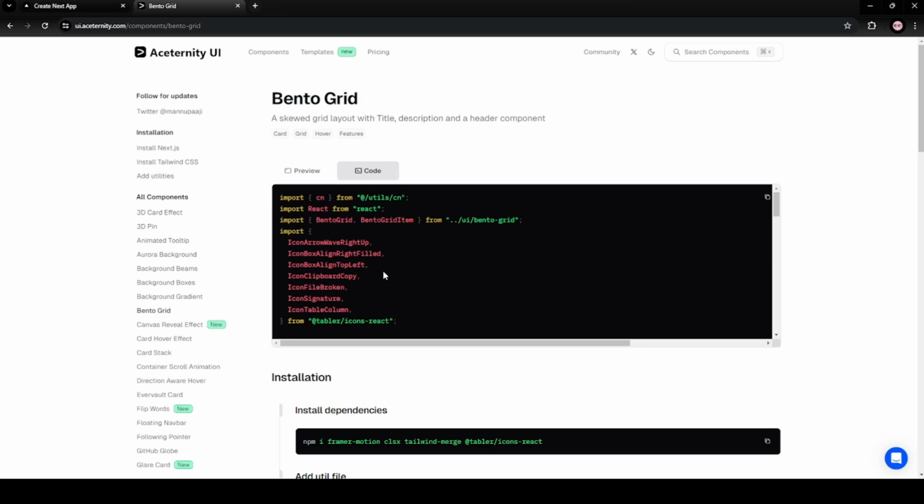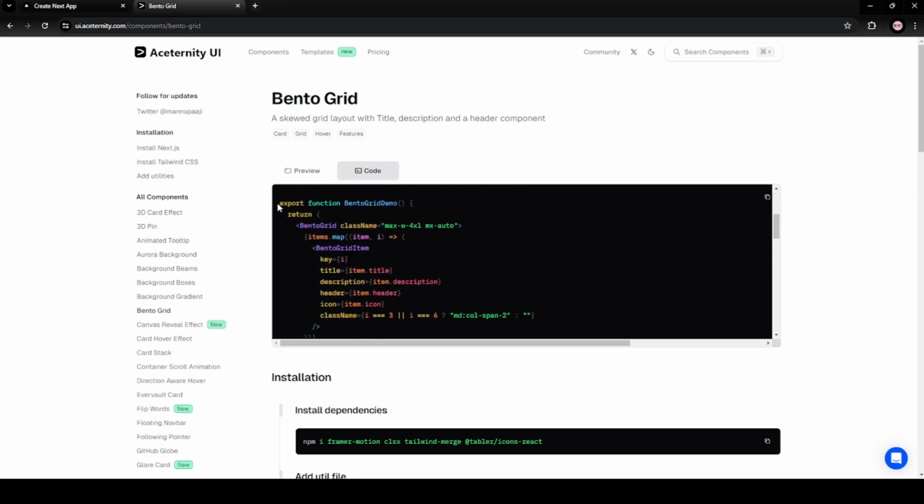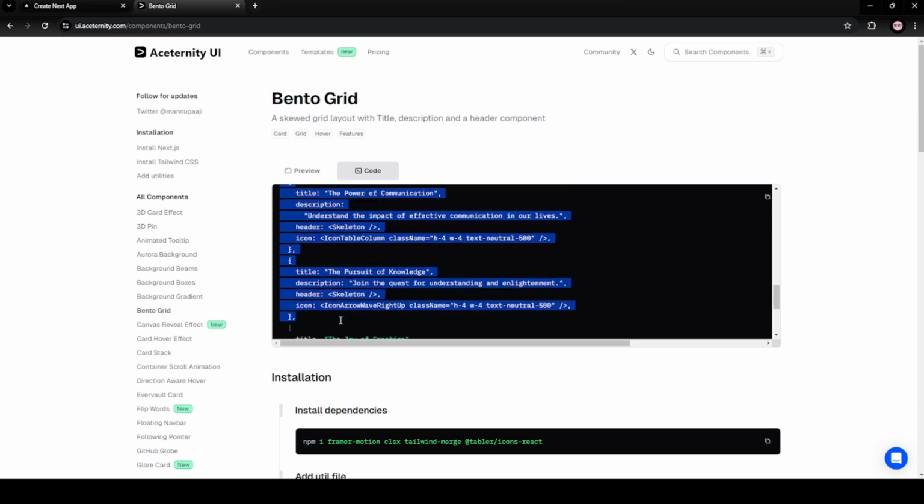I don't want to make a separate file again and write this code. So I'm going to use this code in my bentogrid.tsx file itself. I'm going to write this in there itself. I just don't want to make another file and import that from there and again import the page.tsx file into this. So it will just create much more work. So I'm going to directly copy this, not copy directly. You can just take something from it.